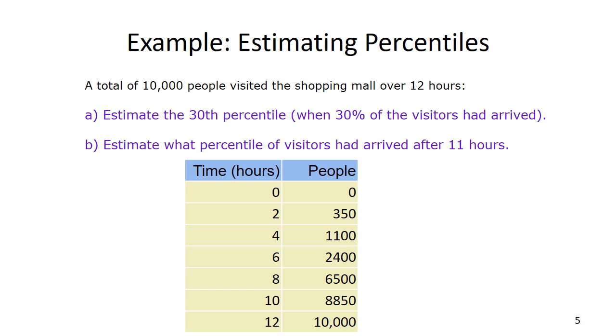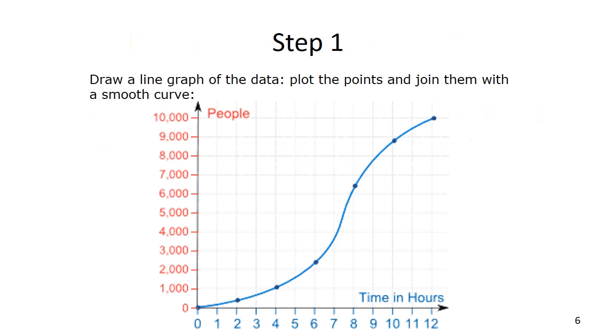You log how many people walk through the doors and what time it is, and so we can plot that. So here we've plotted that. You have the time and you have the number of people, and from this you can figure out where the 30th percentile is because